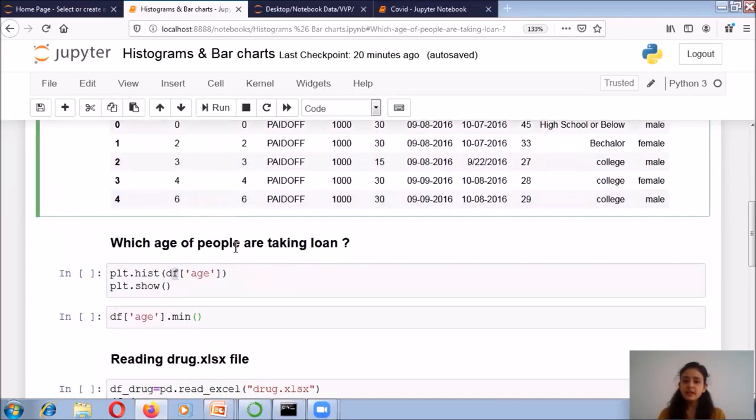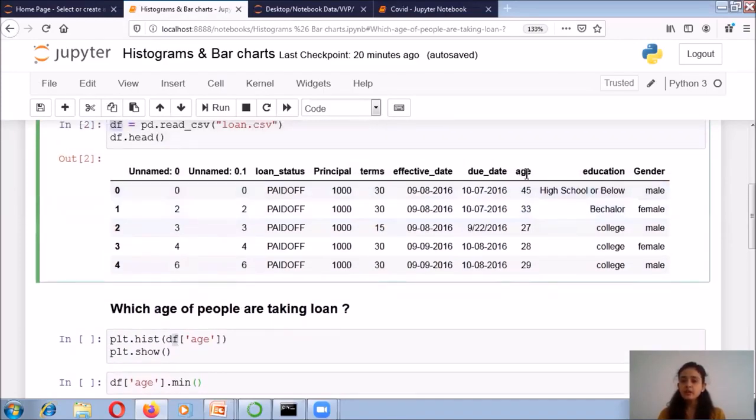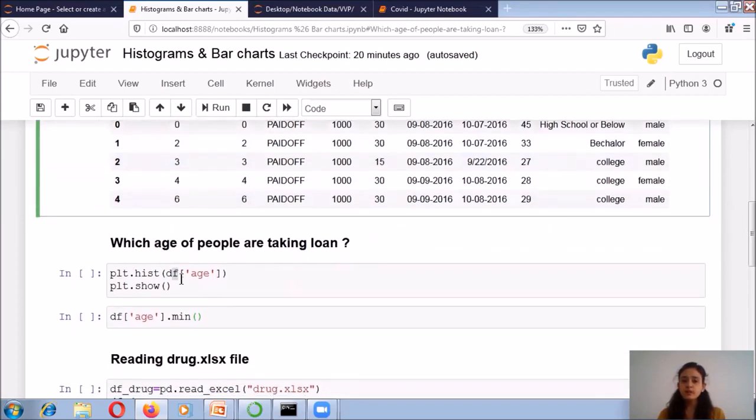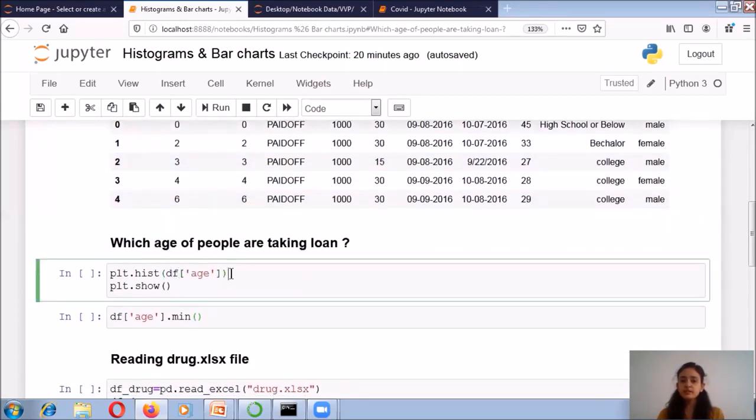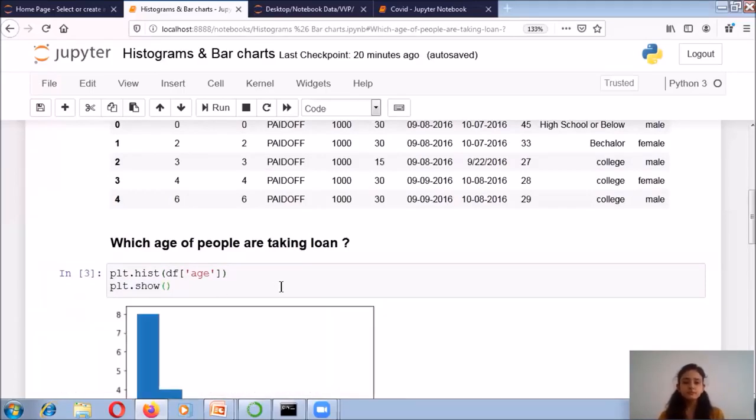So I am writing df and I want the variable name age, all three letters small, a, g, and e. So I am writing df['age']. And to visualize the graph, you have to write plt.show. So let's run this code.